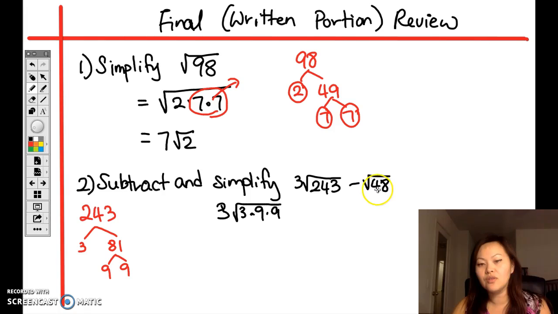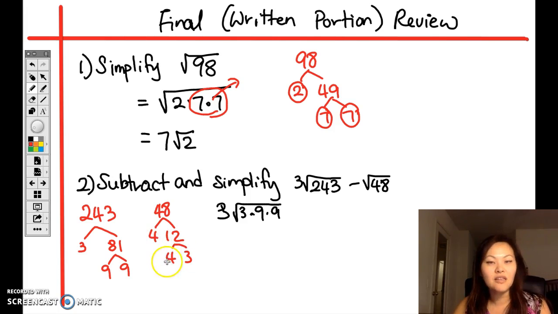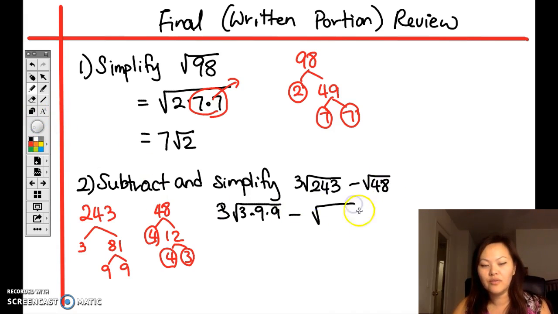And then now you have to do the factor tree for 48. So there you go. Here's 48. 48 is the same as 4 times 12. And 12 is another 4 times 3. I could go further and make it into prime numbers, but I already know 4 times 4, 4 will come out, and 3 is the only one that's stuck in there, right? So there you go, minus, and then square root of 48 is the same as 4 times 4 times 3. We all know